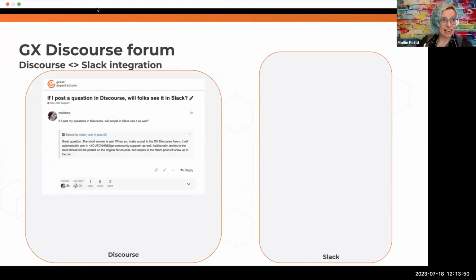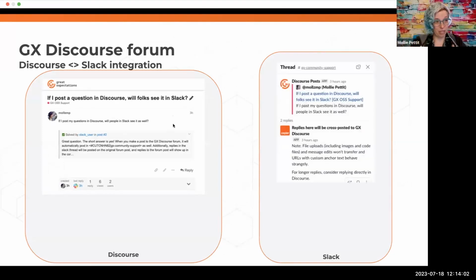So let's say you post in Discourse. See my sample question. What's going to happen right away is that question will be posted in the Slack. That means that when you're posting questions in Discourse, you don't need to worry about people in Slack not seeing it. Everyone who's in either of those community spaces will be able to see it.